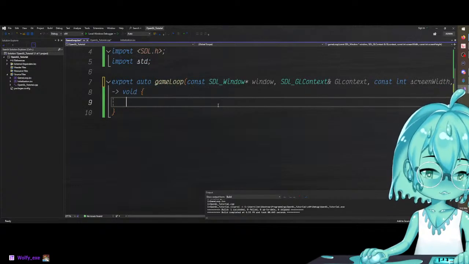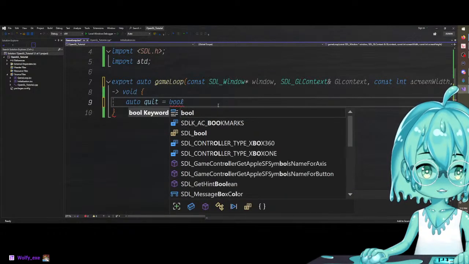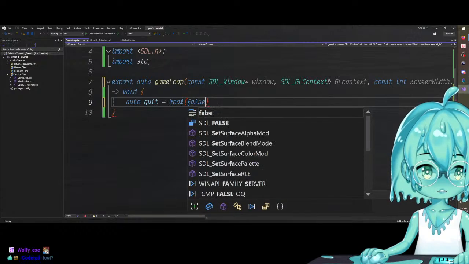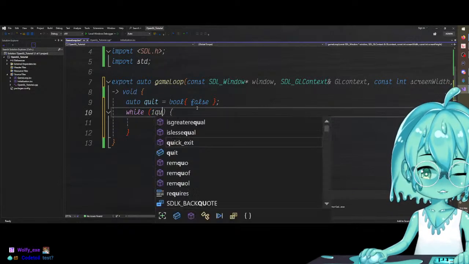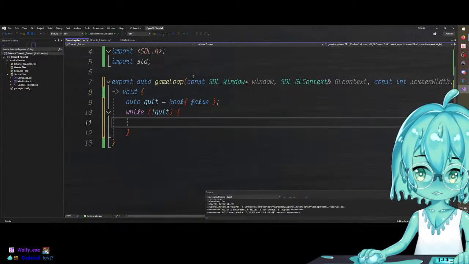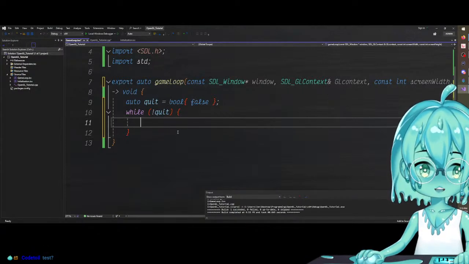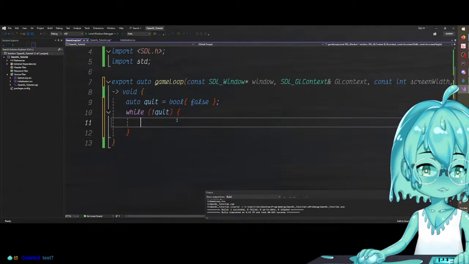So, auto quit equals boolean false. While quit equals false. I guess I could do exclamation point quit, but whatever. Test? Yeah, we're gonna test it right now. Okay. So while we are not quitting,